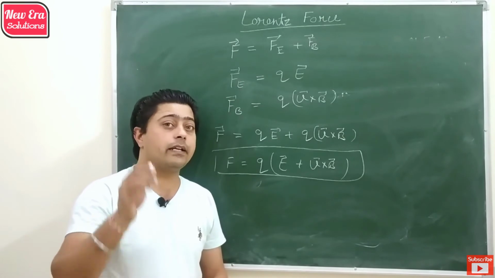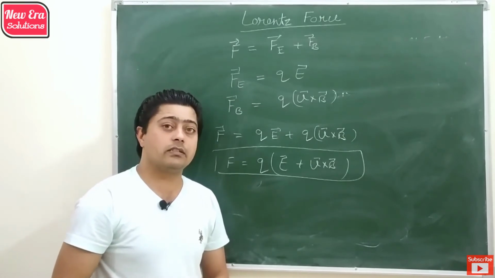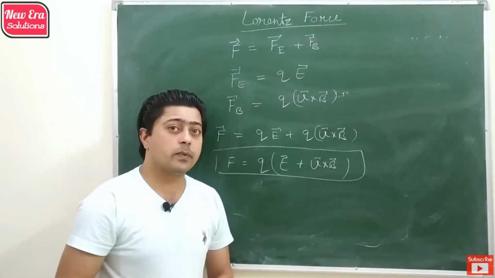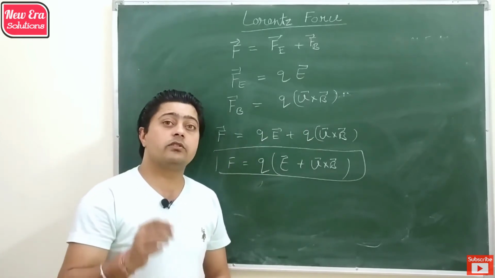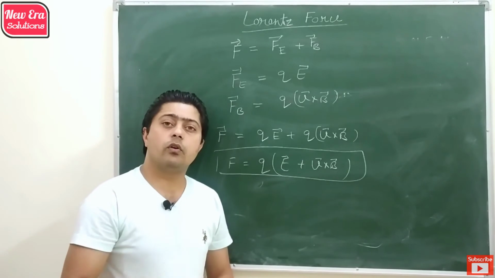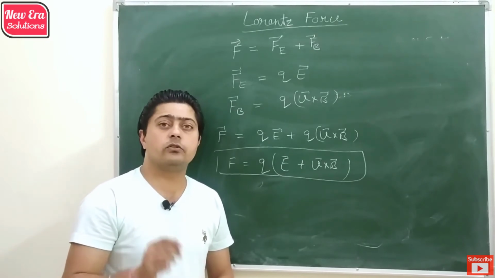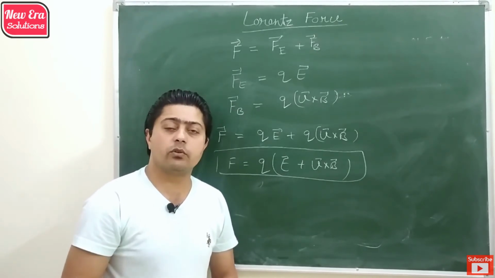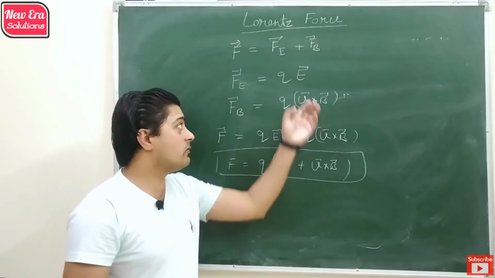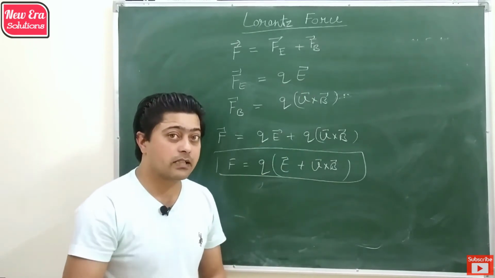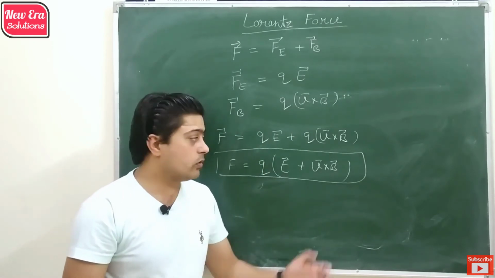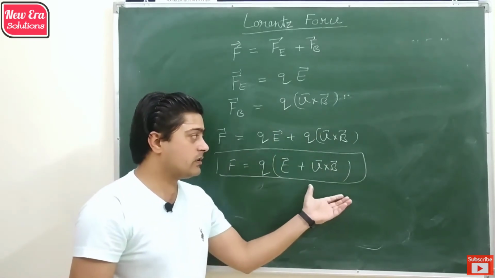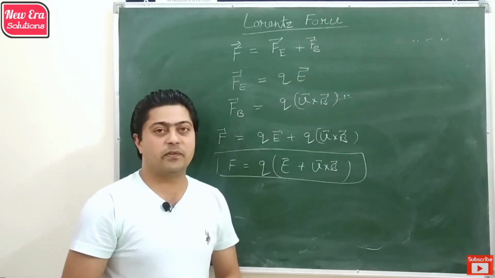Then we also have to remember that the electric force acts in the direction of motion, so it can accelerate or decelerate the charge, which changes its speed or kinetic energy, but the magnetic force can change the direction of velocity. It will not provide any acceleration to change the magnitude of speed. So one force accelerates the charge and the other force rotates the charge. So a charge can experience both the forces in a different manner.